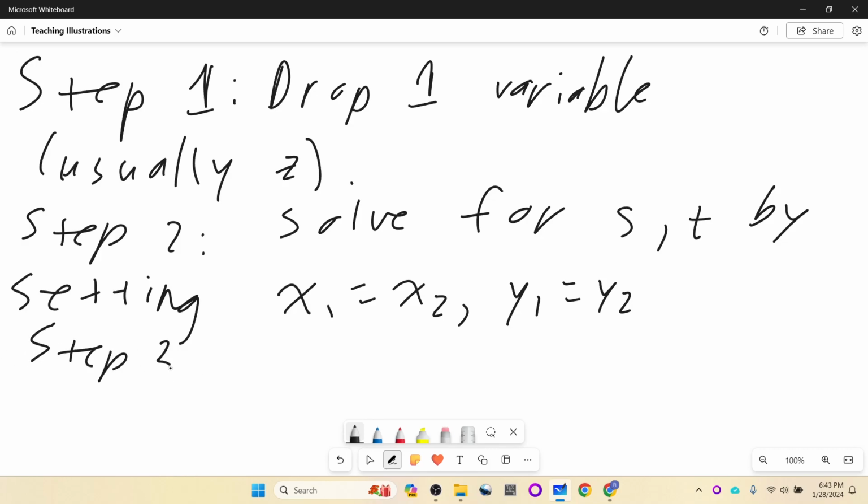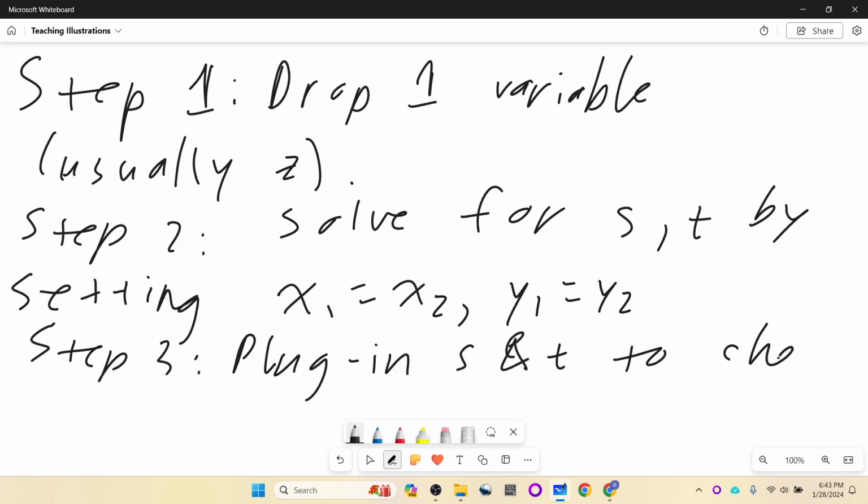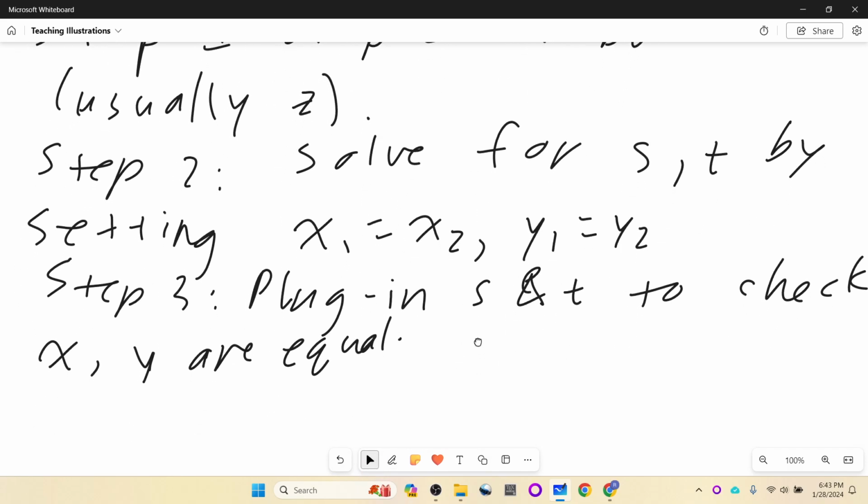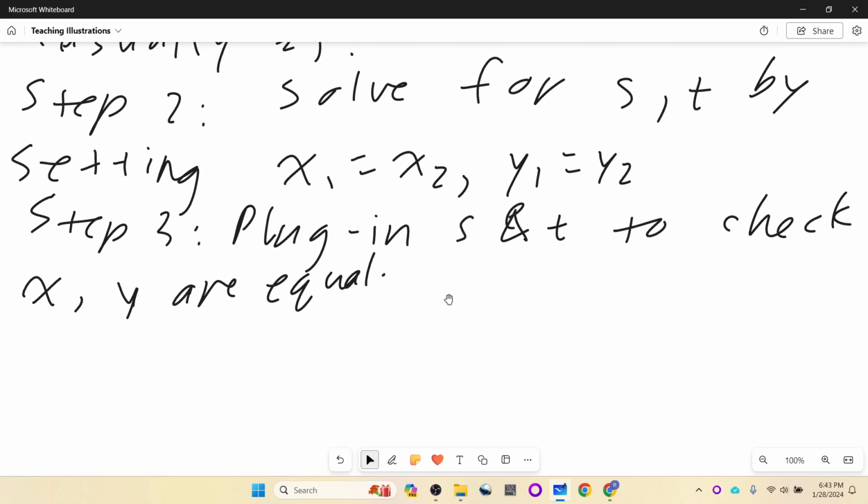Step 3, plug in S and T to check X and Y are equal. Step 3 is technically not necessary. It's just a way of making sure that your answer for step 2 is right. But once you have a certain S and T, and then make your X and Y's match, then your final step